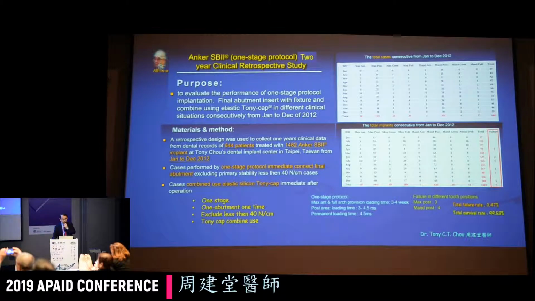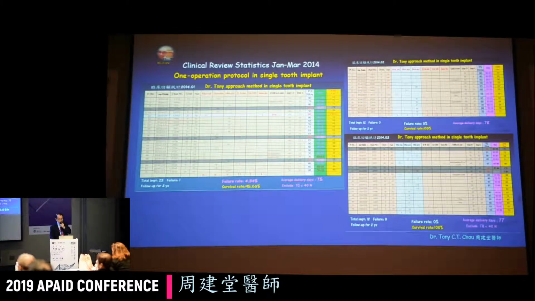We have 644 patients and 1,482 anchor implant system implants, and with 2 years follow-up, we got a very high survival rate,